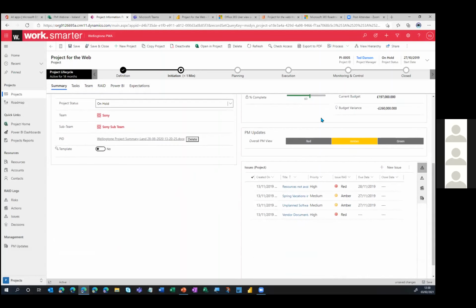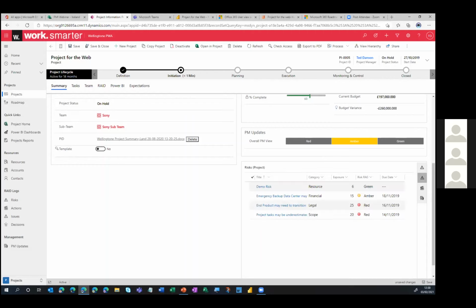Further down, we've also got a project manager's update section where we can see the overall view of the PM. Is it red, amber, or green? In this case, it's highlighted as amber. And here we've also got embedded into this page the RAID logs as well. So this is issues. We're looking at the issue log there. If I click down, we can also see the risk log. I can also see things like actions, and